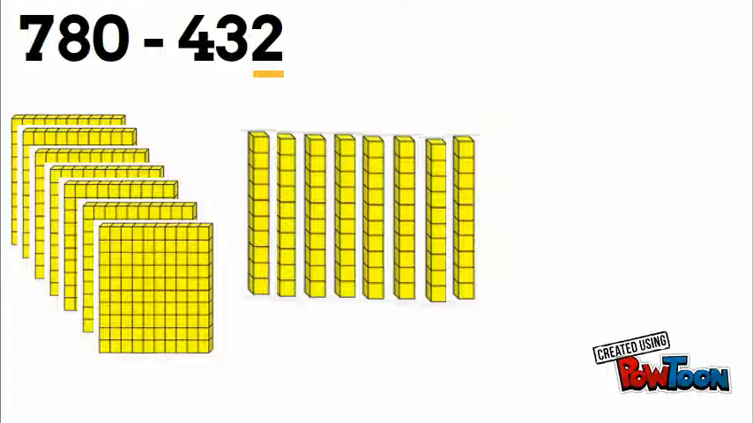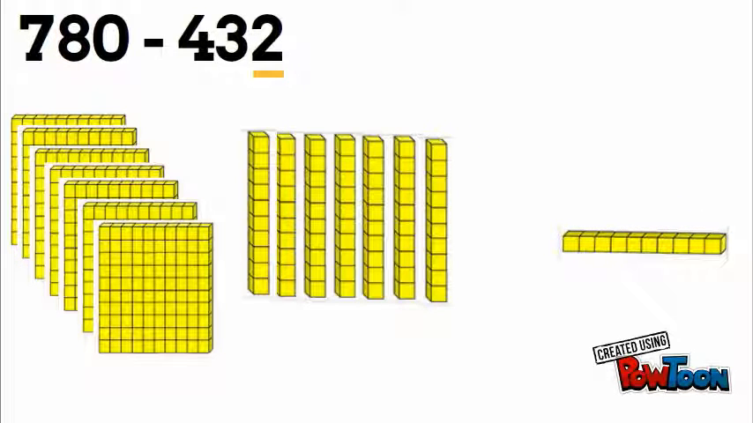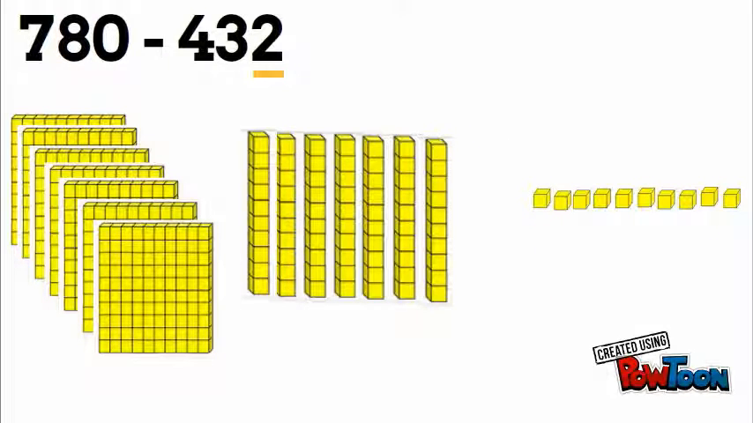So I see I have to take away 2 ones, but I don't have any ones to take away. So I have to unbundle from my tens place. We take one of our tens, we unbundle it or break it into 10 ones, and now we can take